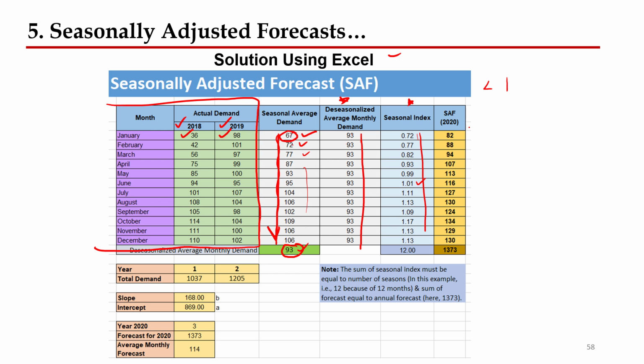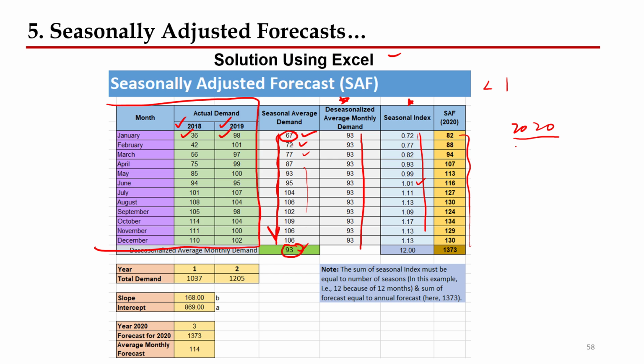Now, in order to forecast on a monthly basis for the next year, for every particular month, what we need to do is calculate the forecast value for the year 2020. In order to calculate every month's demand of 2020, one way is that you can apply any particular forecasting method to predict the year 2020,